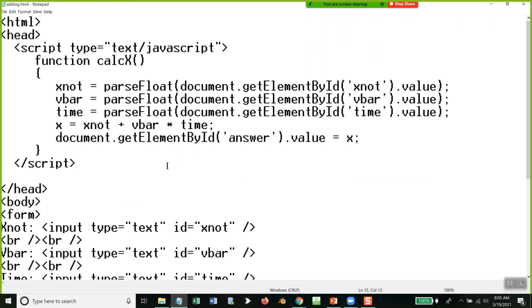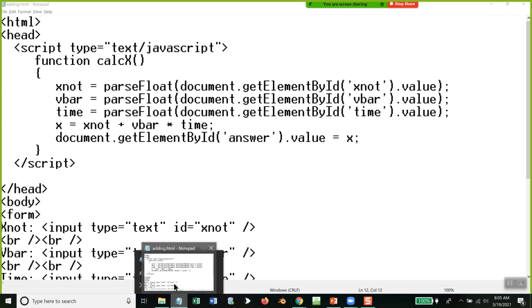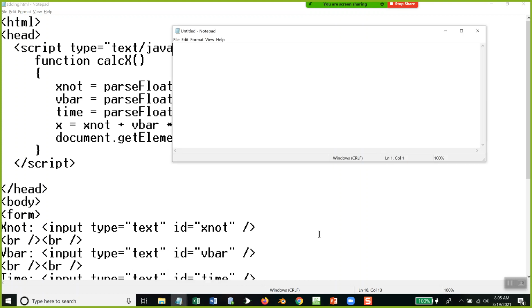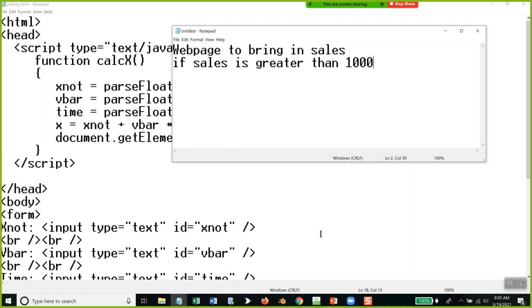So let's change this, and we're going to write a program that brings in sales and then figures your bonus. Bring up kind of a scenario, maybe. Okay, so a web page to bring in sales. If the sales is greater than $10,000,